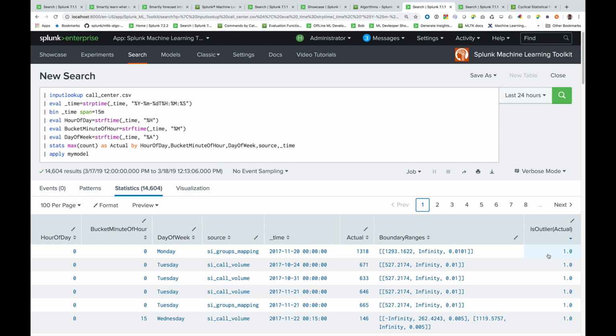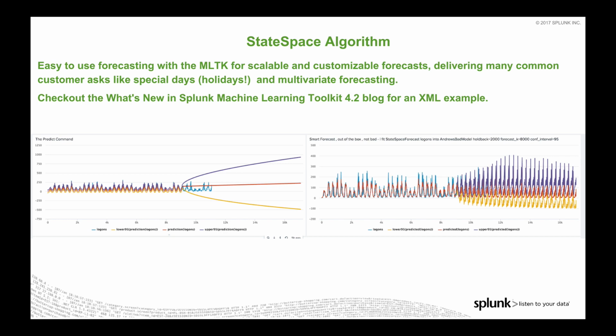It will fit into the fit and apply context, so you can easily process a large period of historic data and then use that model on disk to apply to real incoming data, real-time incoming data, and take action, just like the blog series. So moving right along, we've also added a Statespace algorithm, a forecasting algorithm that will quickly